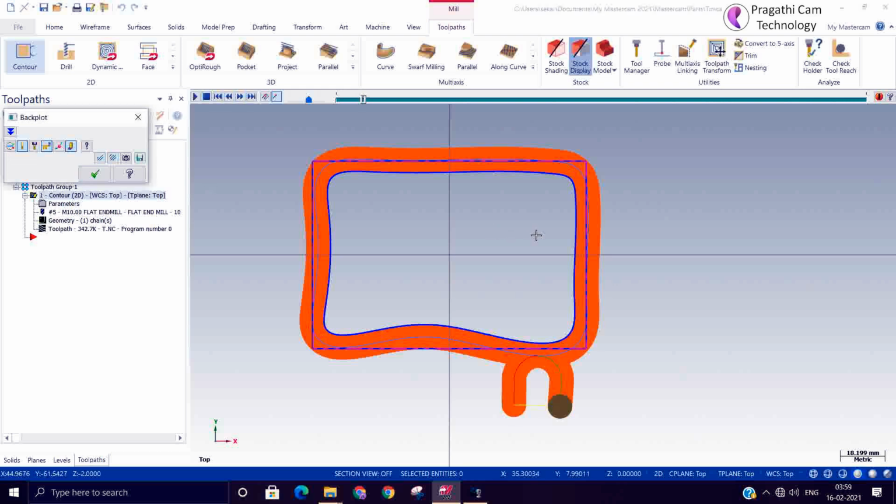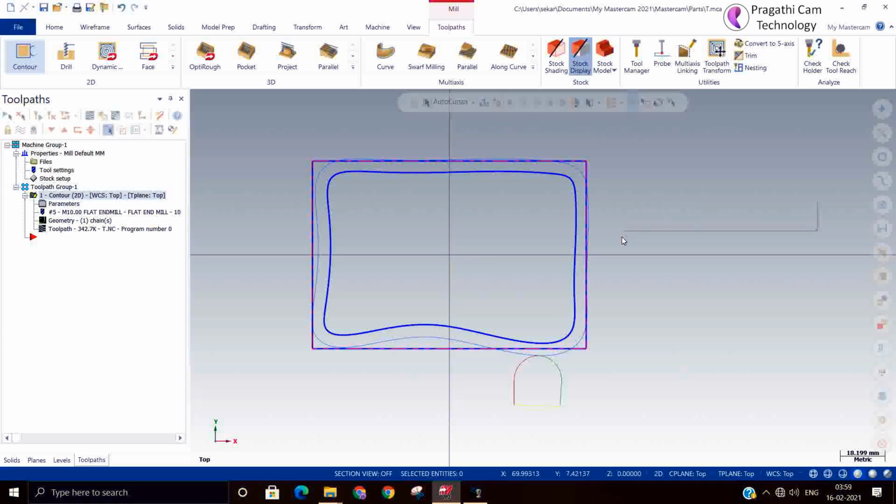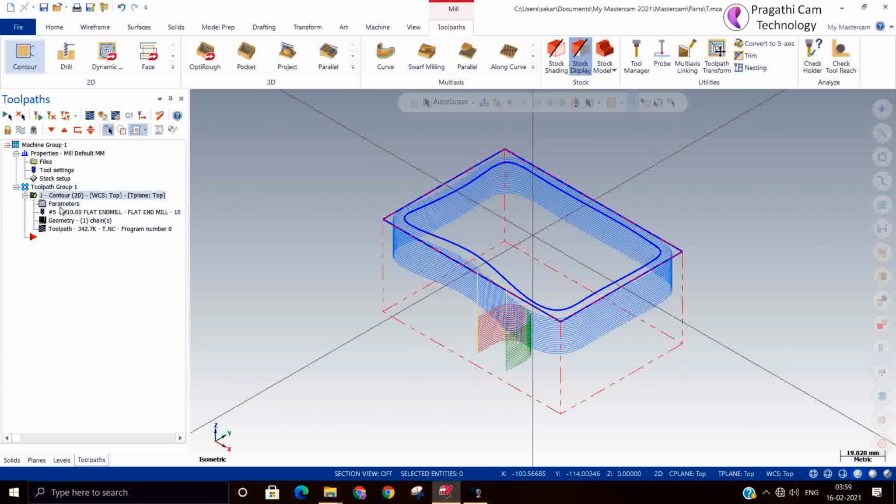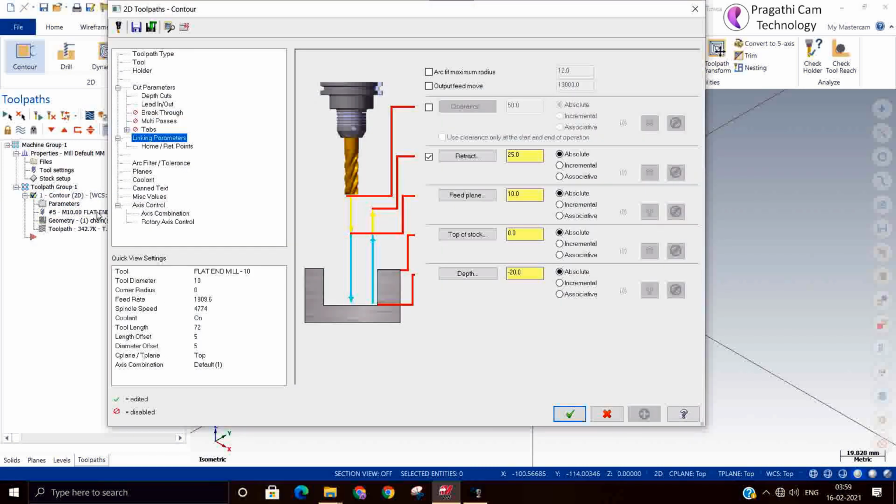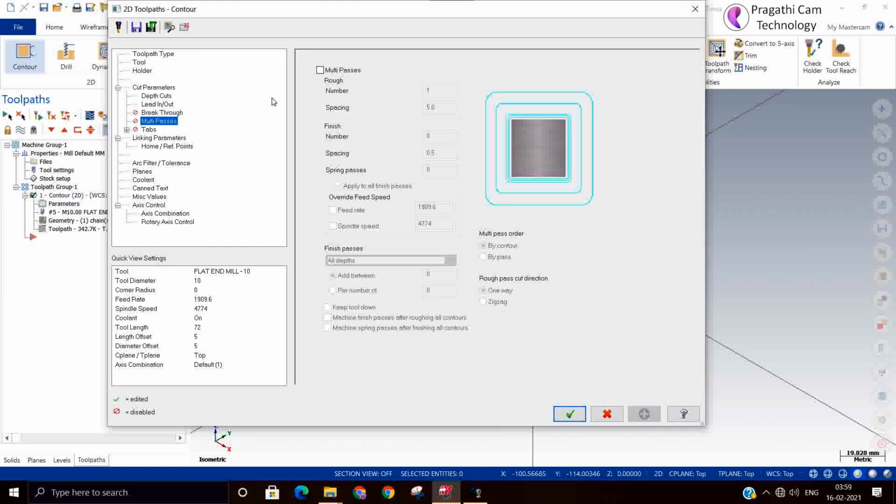So we can go for a multi pass. If you go by multi pass, it will be good. Now we'll go to the multi pass option and switch on multi pass. We'll make it three passes with a spacing of 5 mm. If you want one finish pass, you can switch it on.